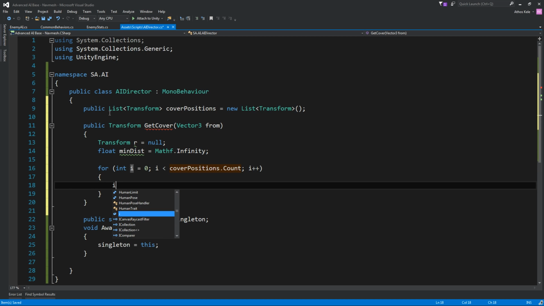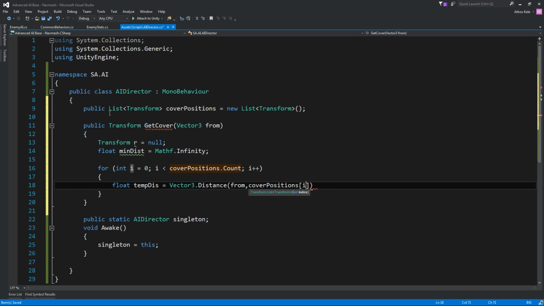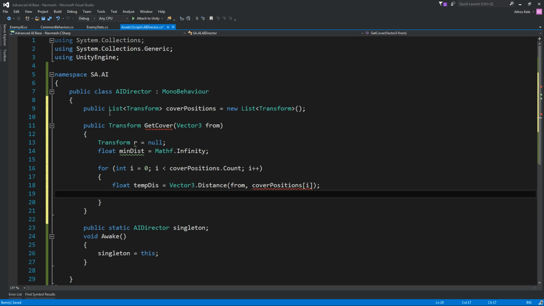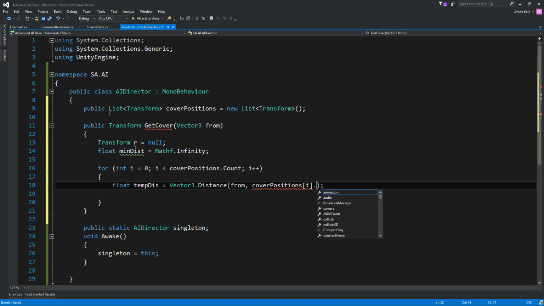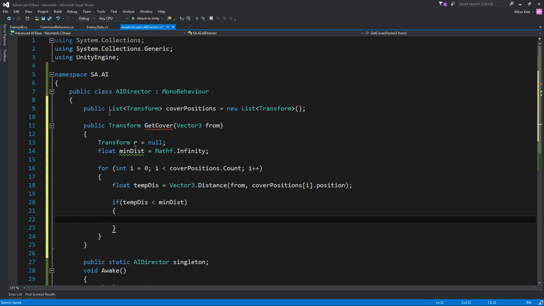Okay, and float distance, or let's call this temporary distance, and then we're doing Vector3 distance from, and of course a cover position over here, and we should probably add the position down here. And if the temporary distance is lower than the minimal distance, then the minimal distance will be the temporary distance